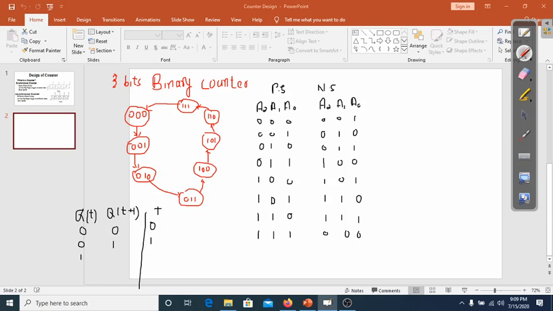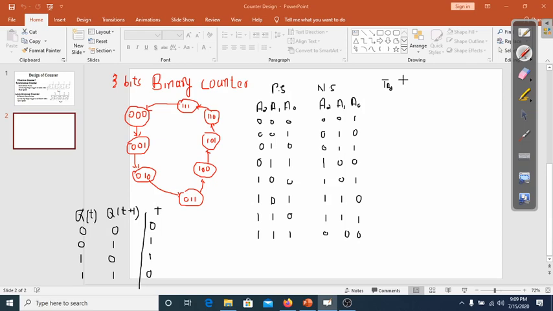For 1 0, present state is 1, next state is 0, there is a change, so the input would be 1. When present state is 1, next state is 1, there is no change, so the input would be 0. So here we have 3 flip-flops. Because we have 3 bits, I will use 3 inputs. So this is the input